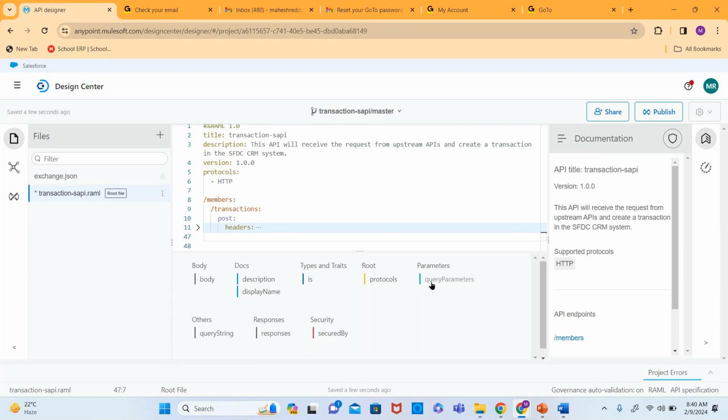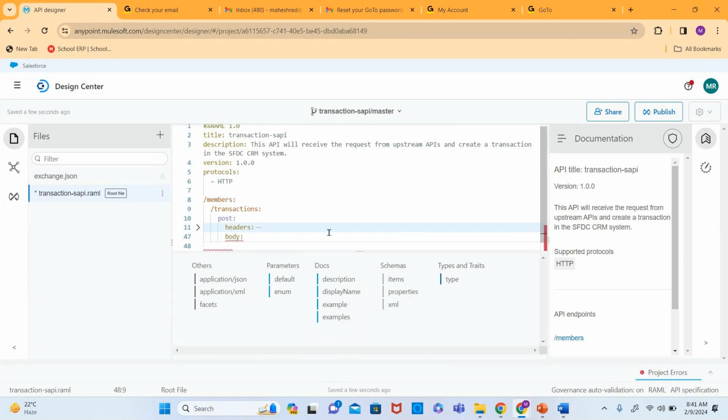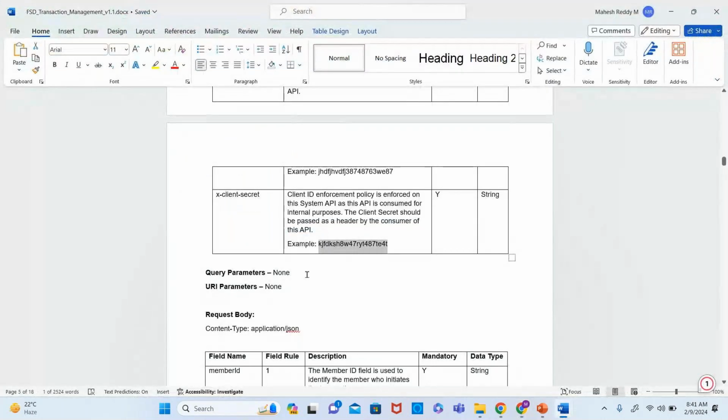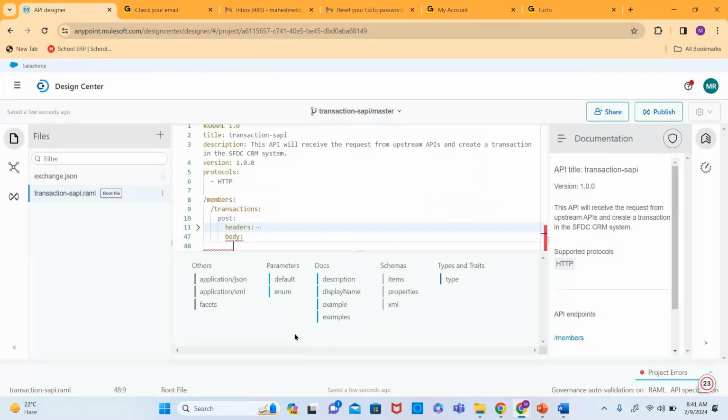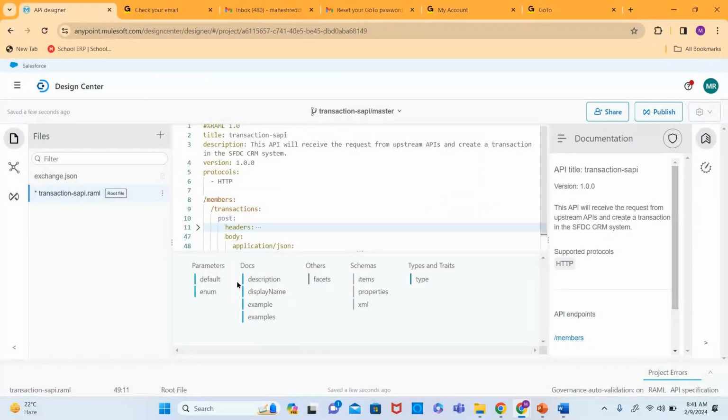Headers, query params, URI parameters, body, right? Do you have body here? Yes. Can we click on that? What is the content type? Is it mentioned here? Application data. Can we select that? Yes. Okay. Now